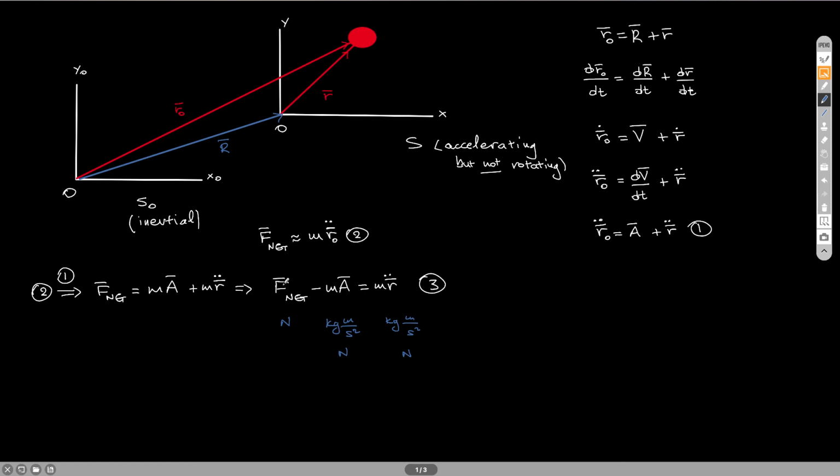You do need to find all the interactions your system has with the surroundings, so you do have to find all the forces acting on it. But then in addition to the net force, you have to take into account, using minus the mass times the acceleration, the acceleration of the accelerating frame of reference. Okay, this is the acceleration